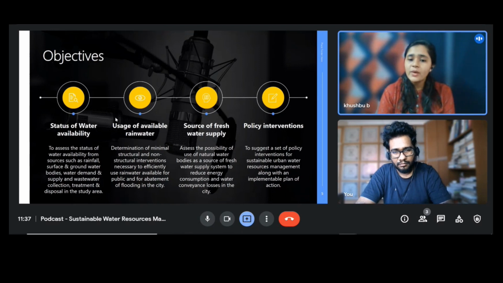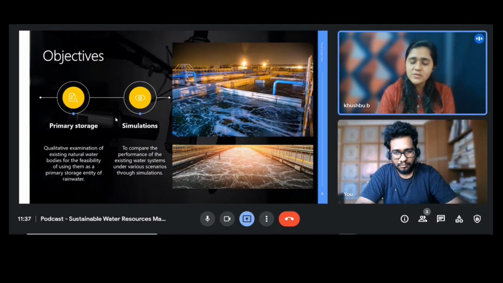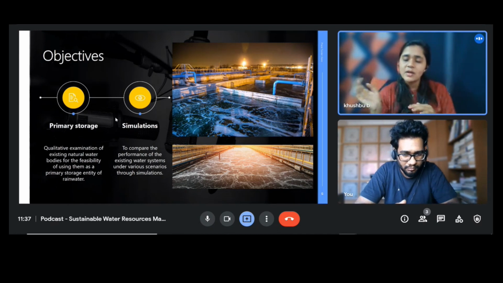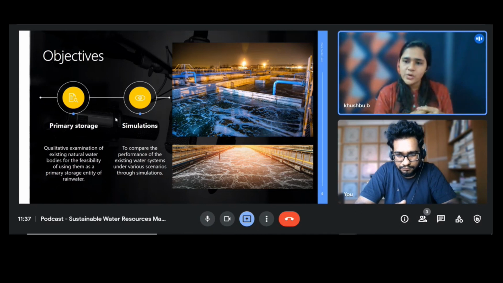So how can we bring one or two such interventions which will help in sustainably conserving water resources in Bangalore? Those four objectives, along with two other objectives of understanding, if you're using lakes as primary storage, then how much water dependency will reduce on extracting the water from outside our local space. So those simulations we want to run, because as you know, today everything is data, and then people want to know, if I go ahead with